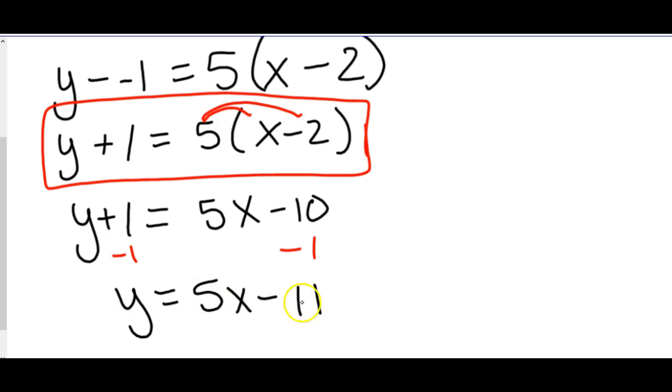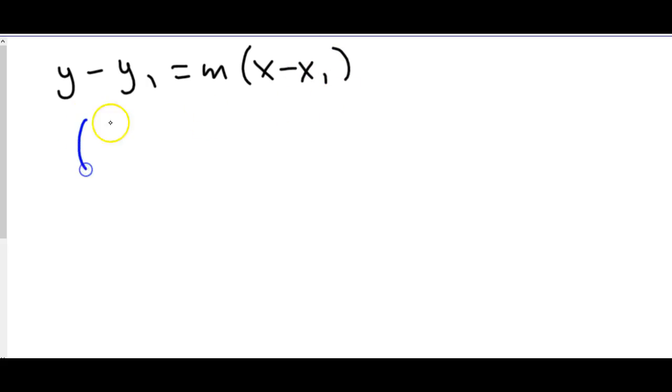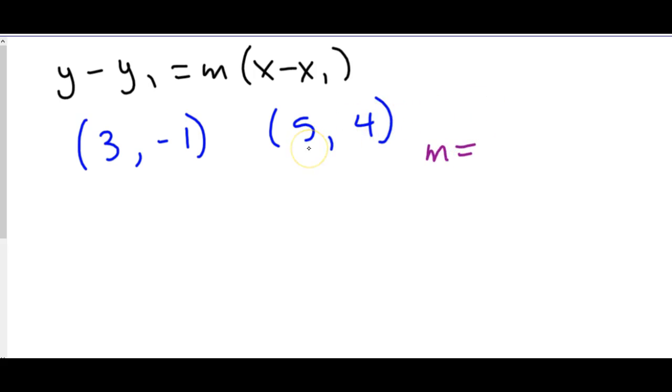So if they want you to write it in slope-intercept form, you can do that. The last thing you can do with point-slope form is they could give you 2 points. So if they give you 2 points, they didn't give you a slope this time, you have to find it. If you're going to have to find slope, we need one last formula. Slope, when you're given 2 points, is still rise over run, so y values over x values,